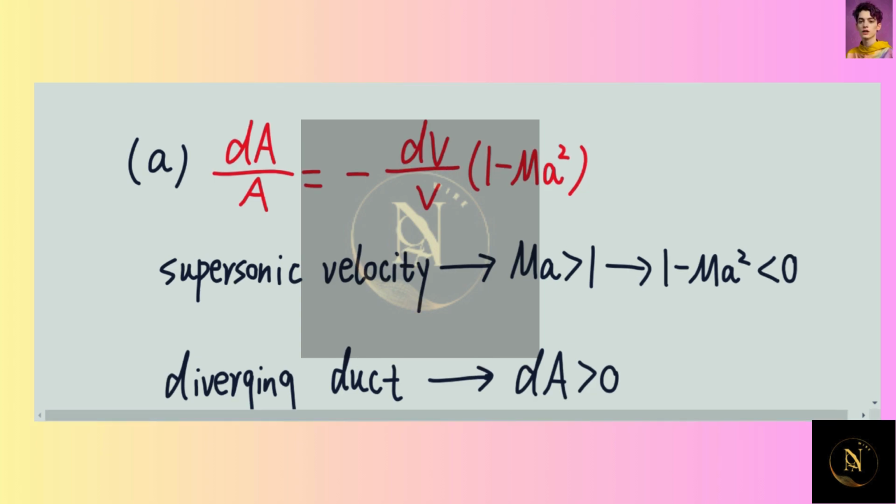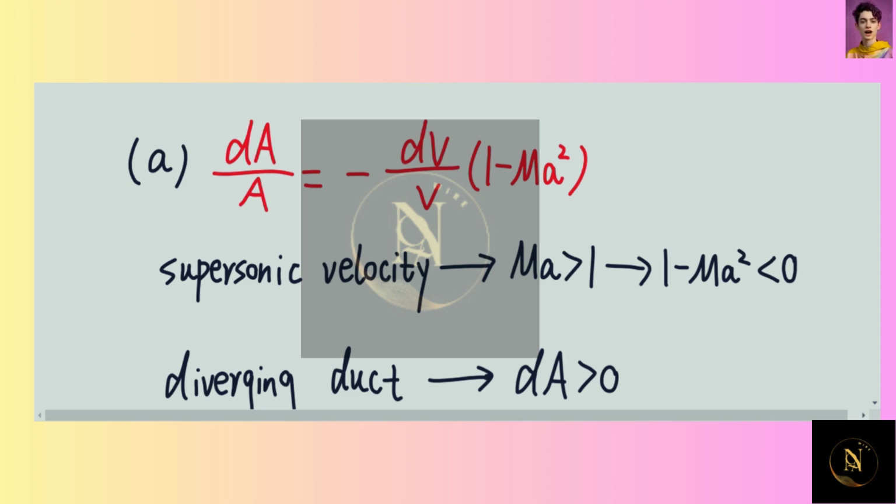Okay, so the relationship between the changing area and the changing velocity can be expressed with this equation here, which is dA over A is equal to negative dV over V times 1 minus Ma squared. Since the velocity is supersonic, the Mach number is greater than 1, because supersonic velocity is greater than the speed of sound. And this gives us 1 minus Ma squared is less than 0, which means that 1 minus Ma squared